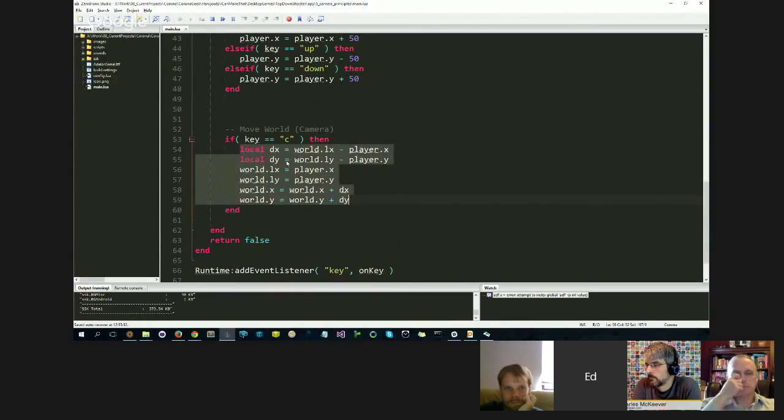What will be happening in a normal situation is every frame this piece of code will be running over and over, just once per frame. So what it does is it says calculate the delta X and the delta Y by subtracting the current X from the last X, and the current Y from the last Y. Now, if I was smart, I could say if dx equals 0 and dy equals 0, do nothing. But I'm just